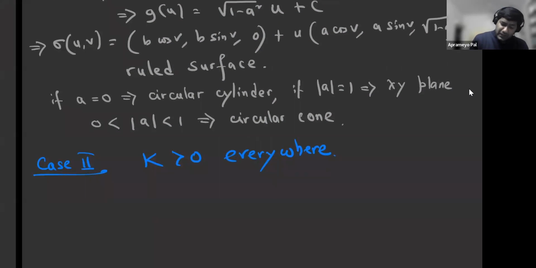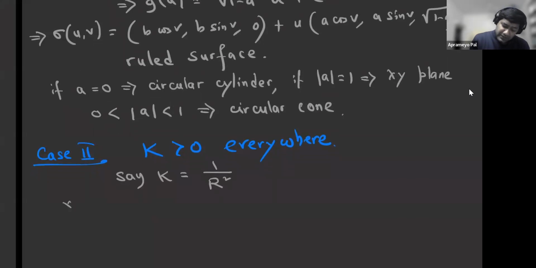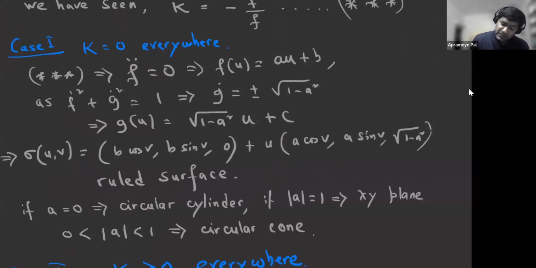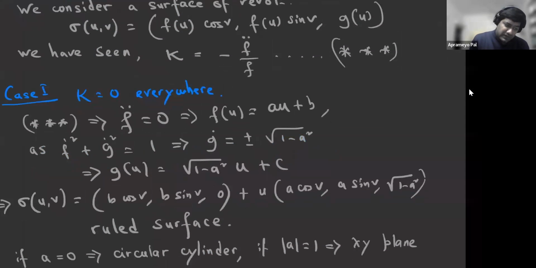So here I'm assuming that K is positive everywhere. Let's say K is given by 1 over r squared, and then the equation triple star gives me